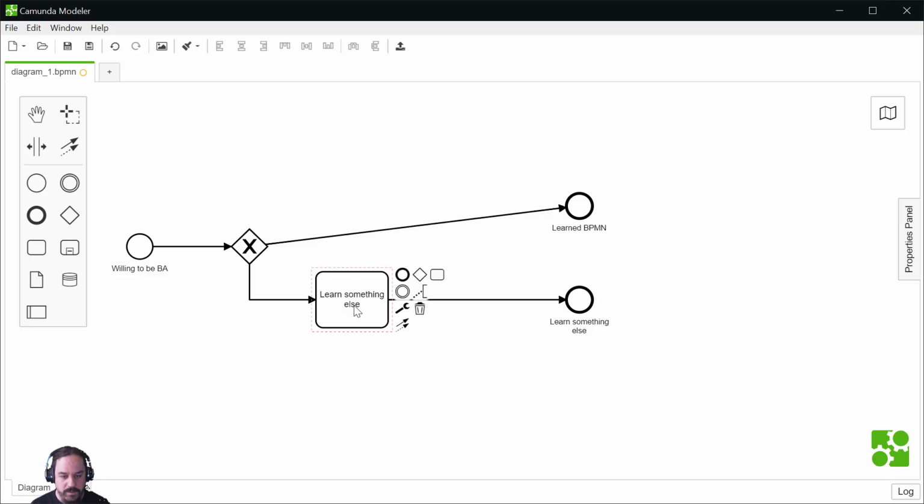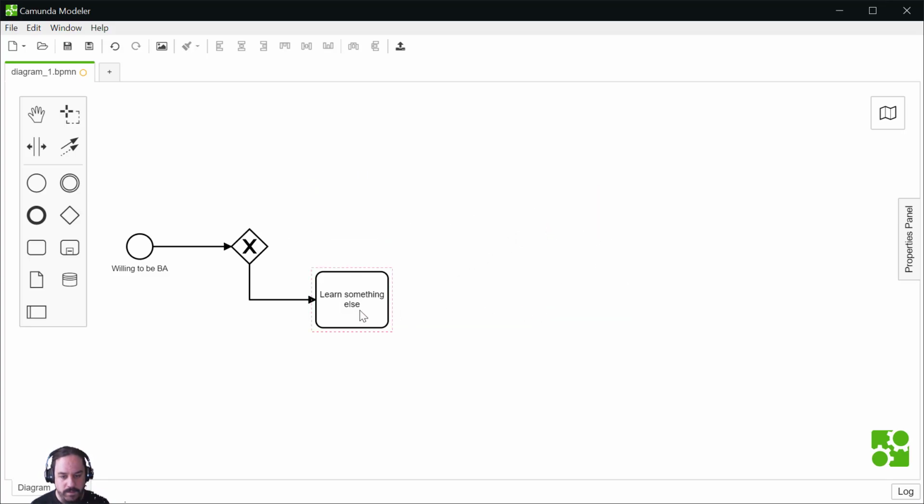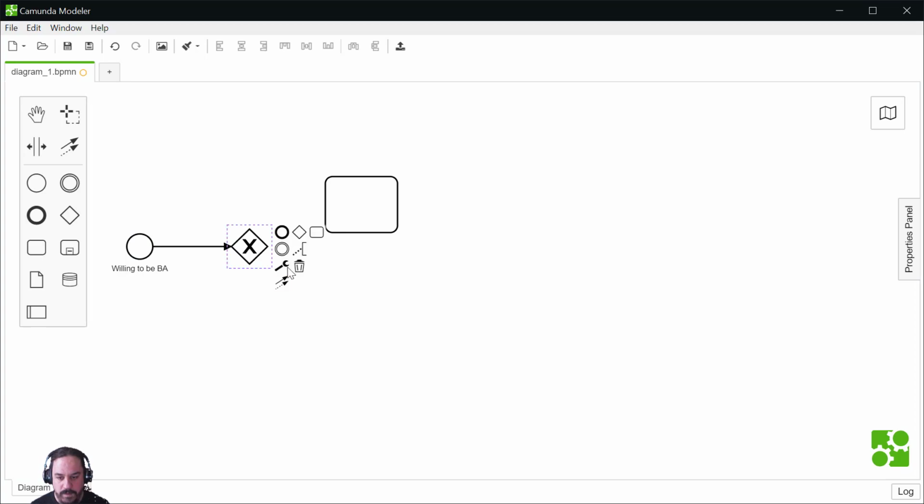So I will delete the task and we'll detail the learn BPMN task. And if you want to learn BPMN, so I did change the start event. If you want to learn the BPMN, you can watch a tutorial.